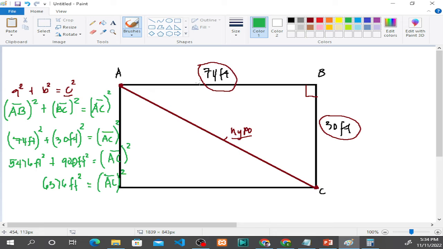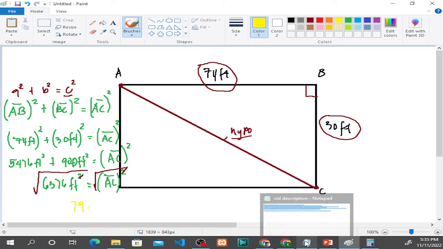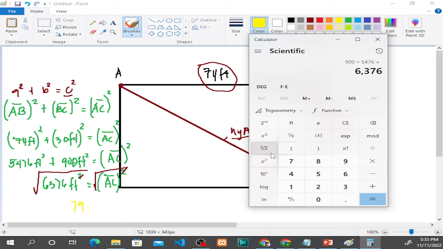So we have to get the square root, and then I'm gonna bring in another color to emphasize that we're taking the square root of both sides. So there we go, it will cancel out, and you will get around 79 point something, and it can be rounded off to 80. All right, so let's get the calculator and get the square root of that. Okay, 79.8 feet,